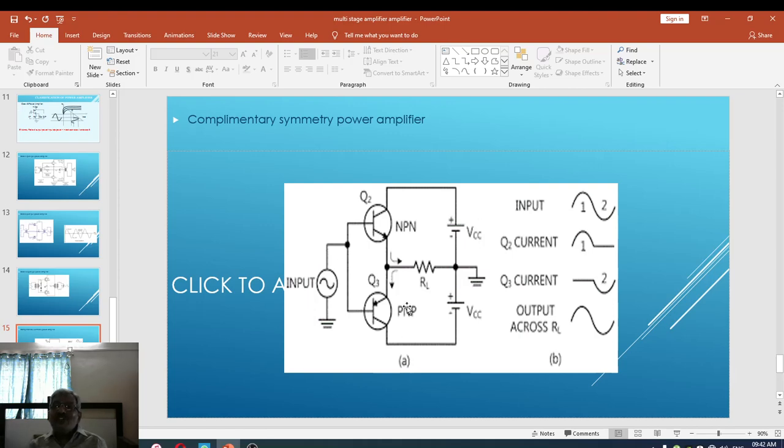With this particular change, we are avoiding both the transformers. The bases of both the transistors are connected with each other. The emitters of both the transistors are also connected with each other. Look here, one is a PNP, another one is the NPN. The input signal is applied between both the bases and the ground.